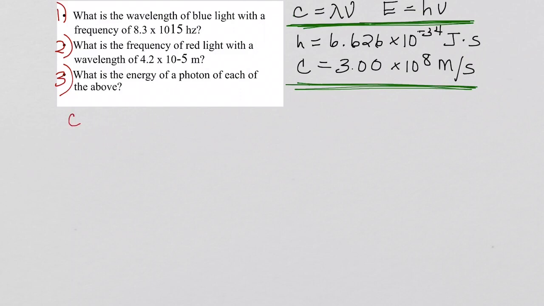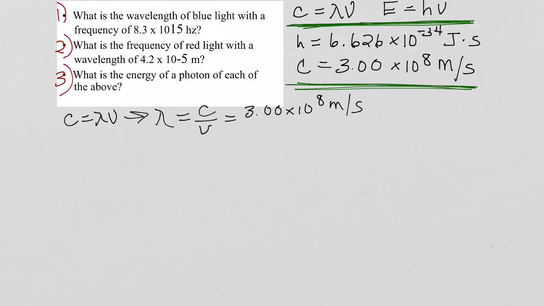And they ask for frequency, which means we must be using, I'm going to change my color here, we're using this equation, but we're going to rearrange it because we need to solve for wavelength. So this is what we're actually using. Okay, and another thing is, if you're worried about your algebra and whether you rearranged things, that's why it's also really important to plug in your units too. So here's the constant, times 10 to the 8th meters per second. And then they gave you frequency right here of 8.3 times 10 to the